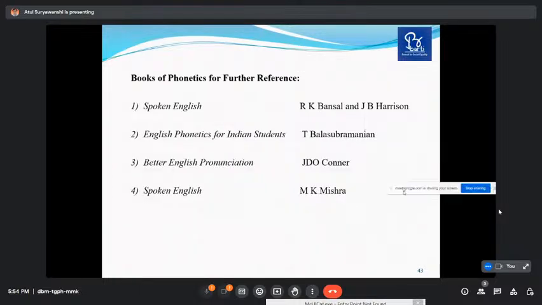Here are the select books I want to focus on. The first book is written by R.K. Bansal and J.B. Harrison. The title of this book is Spoken English. In the very beginning of this book, Bansal and Harrison say that there is no perfect